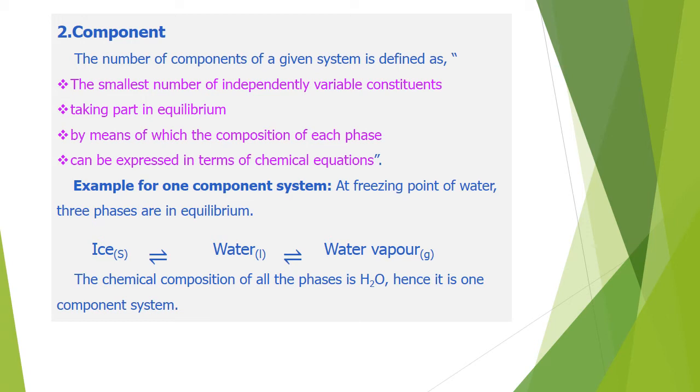Similarly, in a given system, the smallest number of variables by means of which I can define each phase which is in equilibrium in the given system, that is the component. Let us see an example, from that you will understand still better. Let us take one example. Ice, water, water vapor. How do we represent ice? What is the chemical formula for ice? It is H2O. Water, it is H2O. Water vapor, it is H2O. So it is made up of one single component. So this system is called a one component system. C takes the value